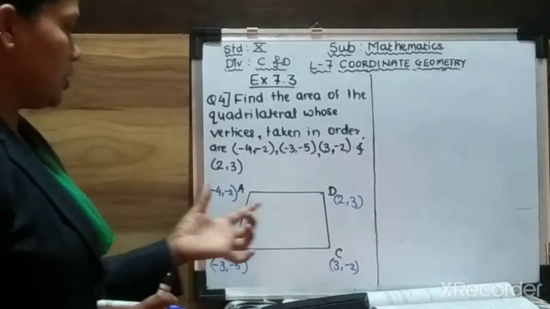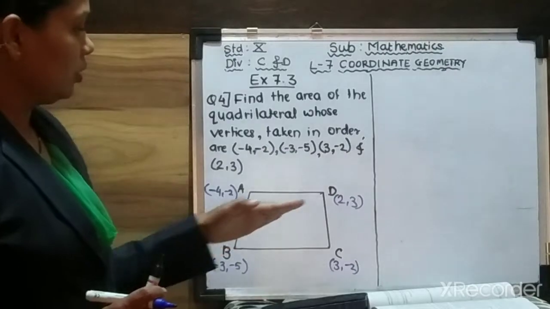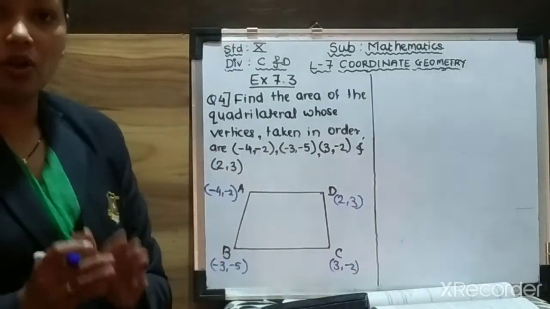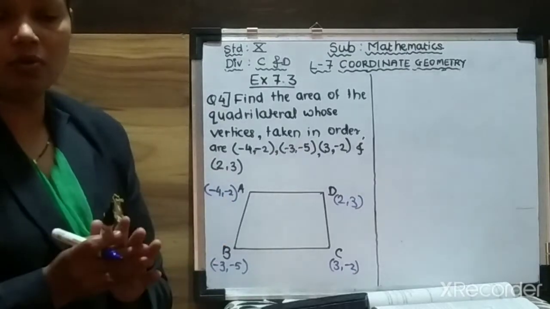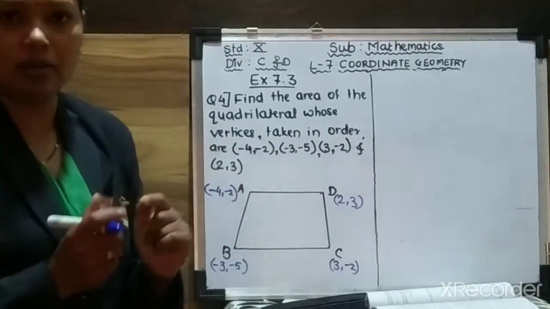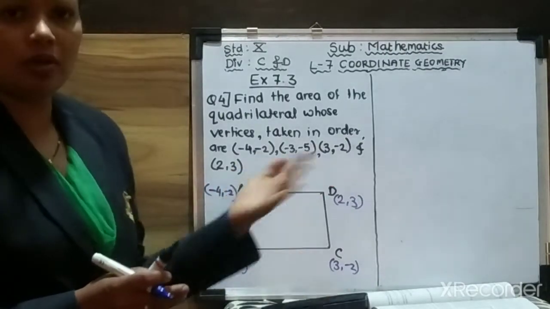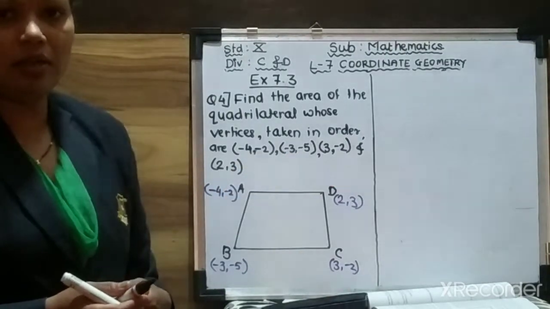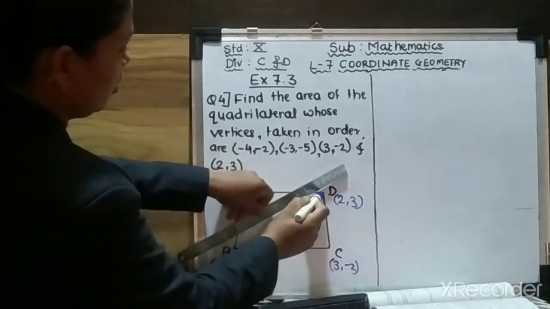We have not seen that at all. As we know, the diagonal of a quadrilateral makes two parts of the quadrilateral in the shape of triangles. Once we get a triangle, it is easy to find out the area of a triangle, right? So here, see, what will we get?